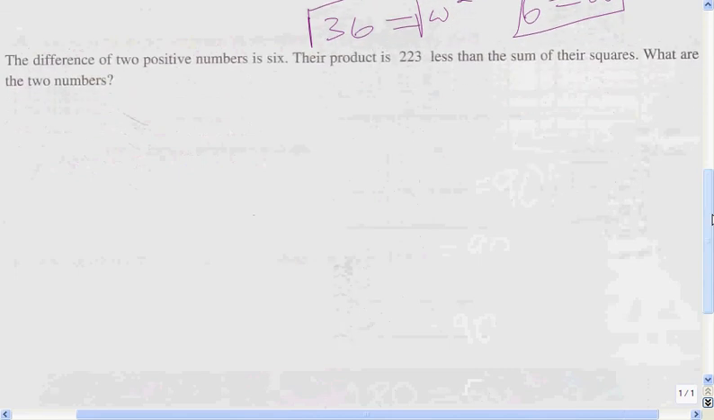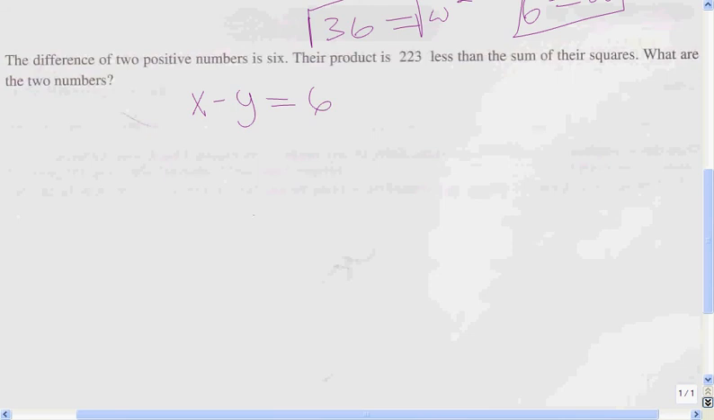Okay. This word problem says the difference of two positive numbers is 6. So x minus y is 6. Their product is 223 less than the sum of their squares. So their product, xy. Their product is 223 less. So xy equals the sum of their squares. So we square them, then we add them. So x squared plus y squared,